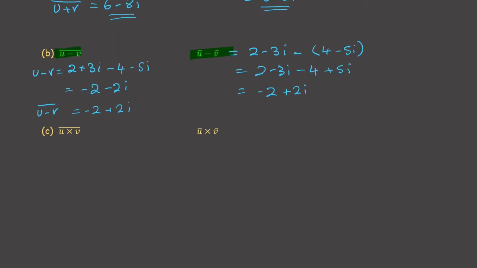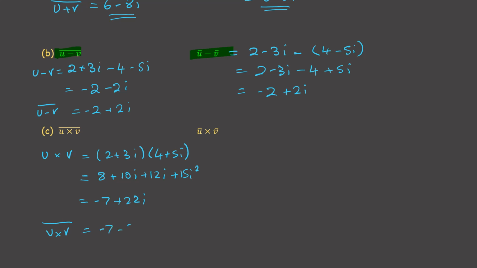Now let's multiply. So if I do u times v, that's going to be 2 plus 3i, 4 plus 5i, so that's going to give me 8 plus 10i plus 12i plus 15i squared, which is negative 7 plus 22i. So the conjugate of that is negative 7 take away 22i. Then if we do